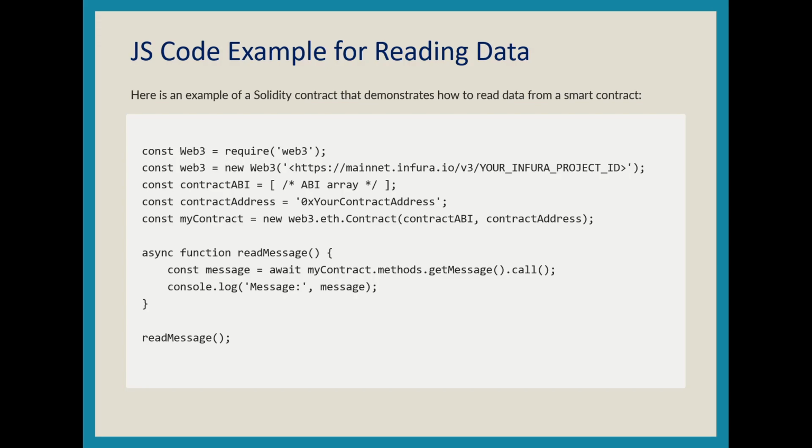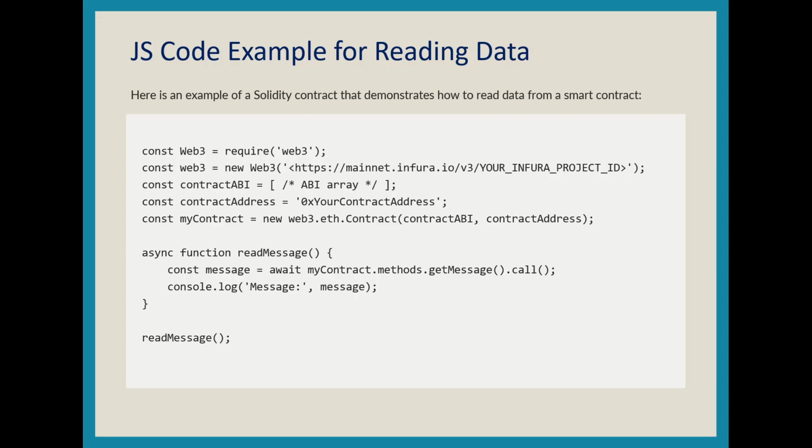It allows web3.js to interact with the contract. And the contract address is the Ethereum address where the contract is deployed. Please make sure you replace these placeholder values with your actual address and your actual ABI, right? Okay. Next, you're creating a contract instance,